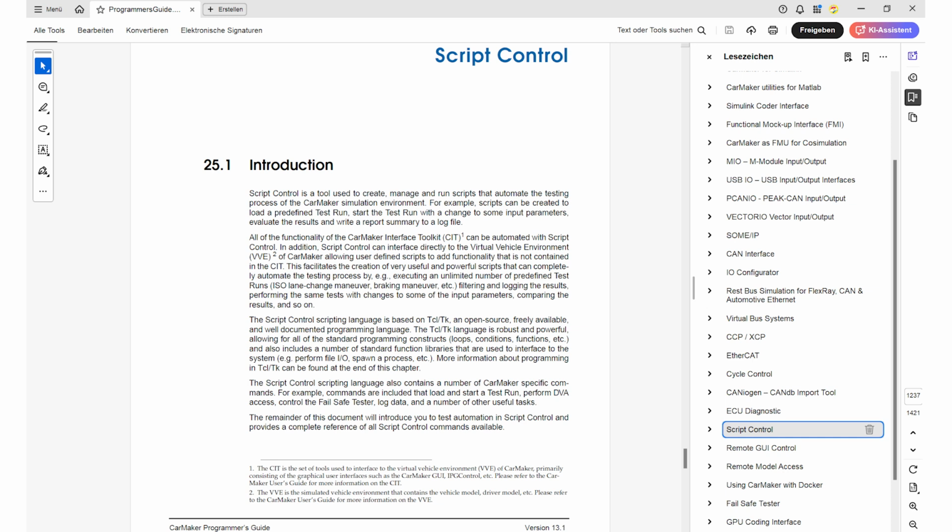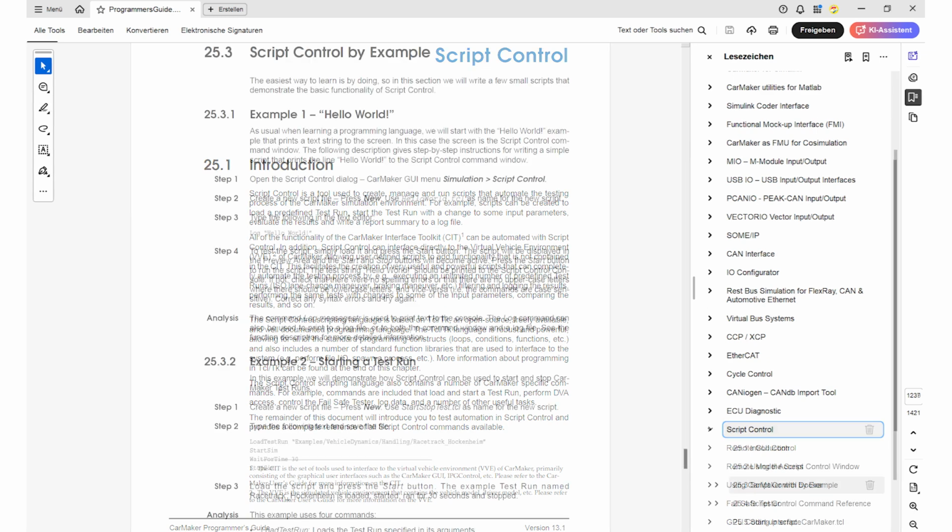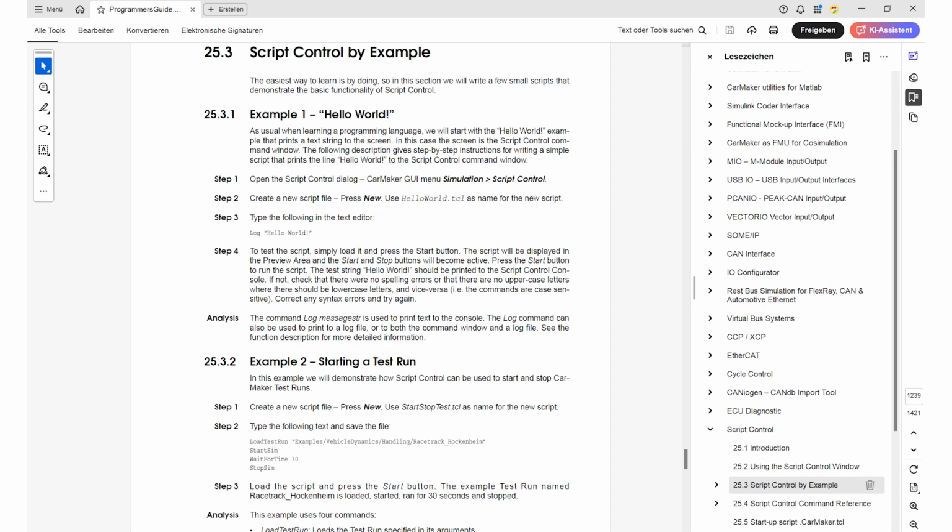The basic script control commands are given in the Programmer's Guide. You can see that under Help, Programmer's Guide, Script Control. This should provide the possibilities for new users to get familiarized with the language of Tcl. We also have a definition for each and every example that is being used. All the examples and their exact functions are described. In addition, for each and every use case, we also have particular specific commands which might be of interest for the user.